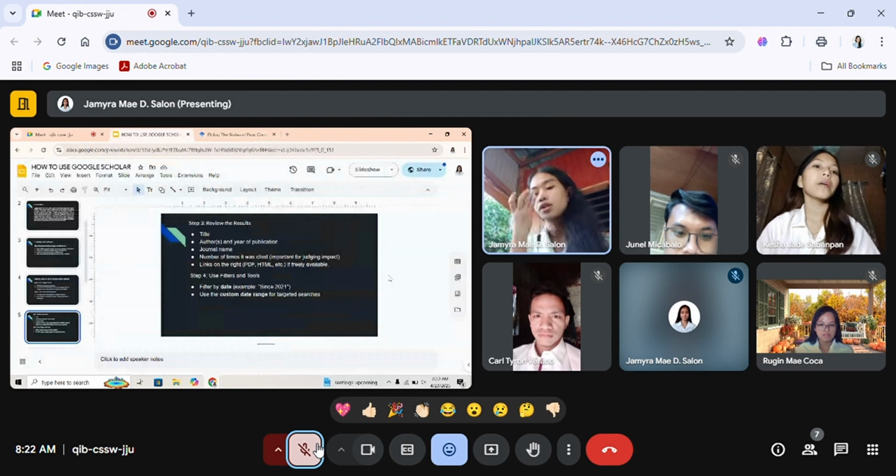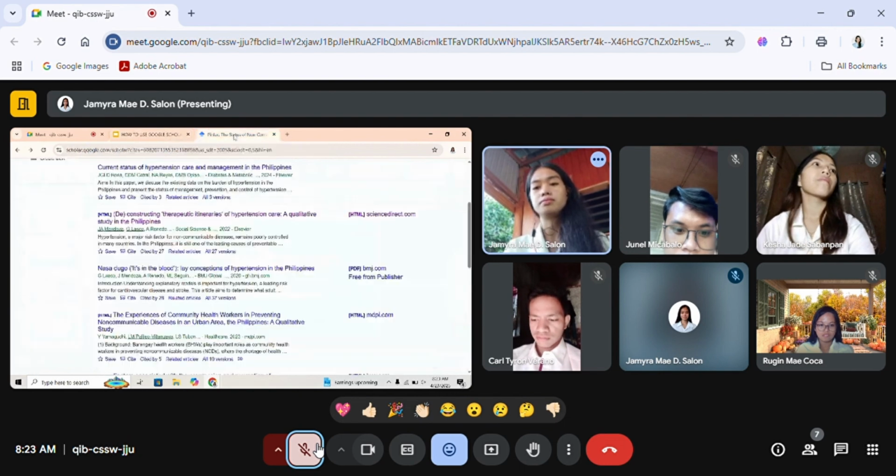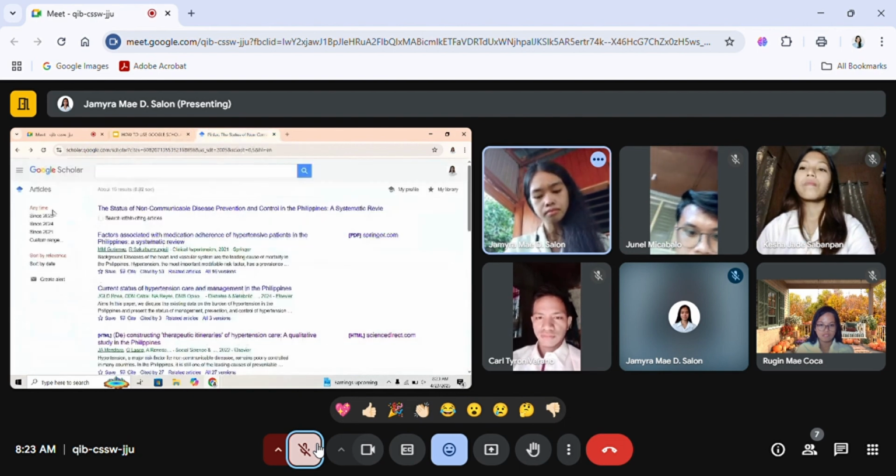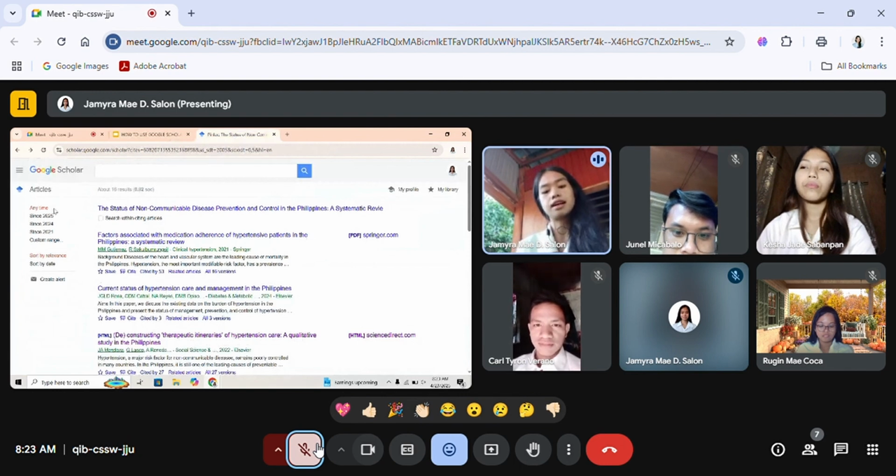And then step 4, use filters and tools. Filter by date. Use the custom date range for targeted searches. So filter by date. This lets you see newer studies.